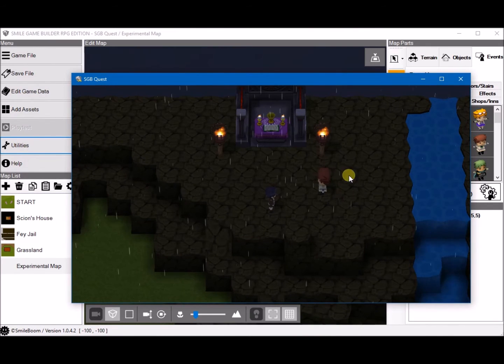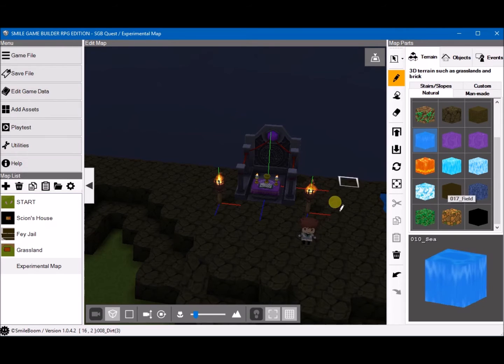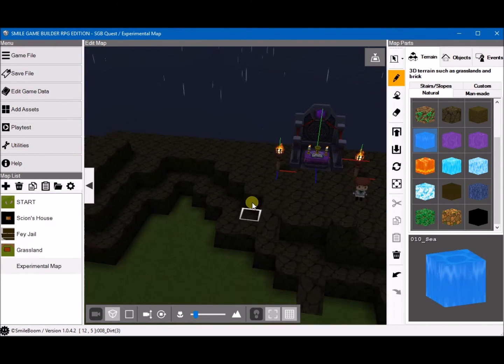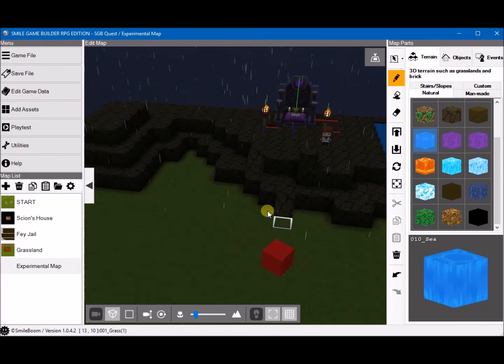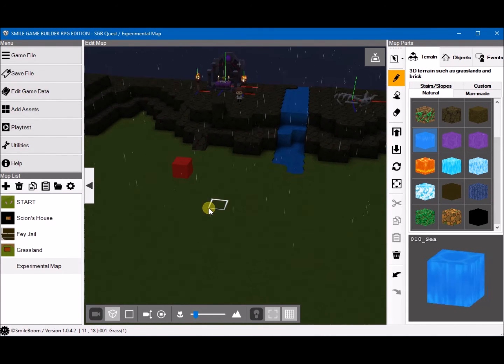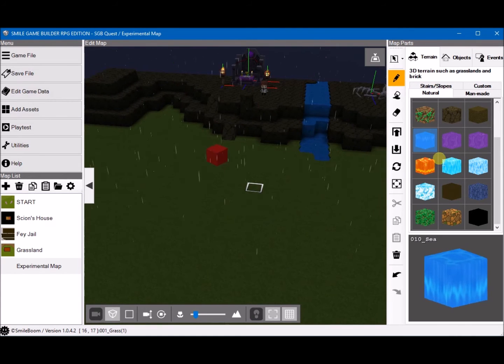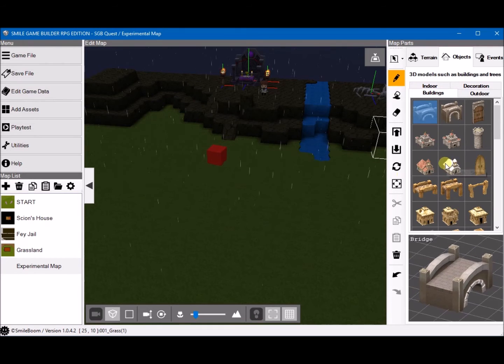And the rest is fairly straightforward. You can experiment with the different things and create maps. I've never been that good at creating maps, so this is just a very simplistic map to showcase the mapping area. If we go and create a building,